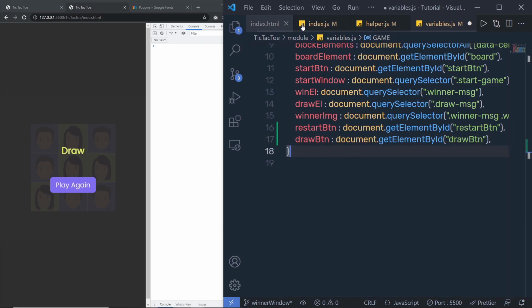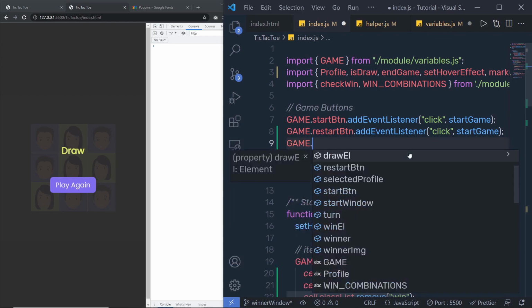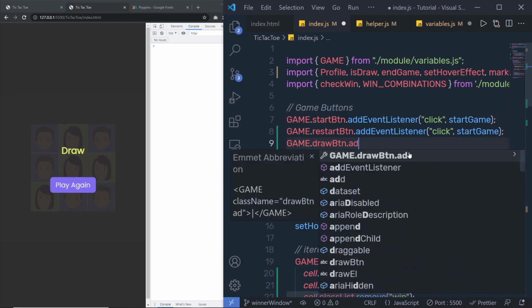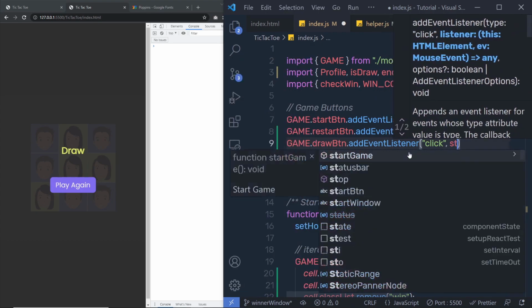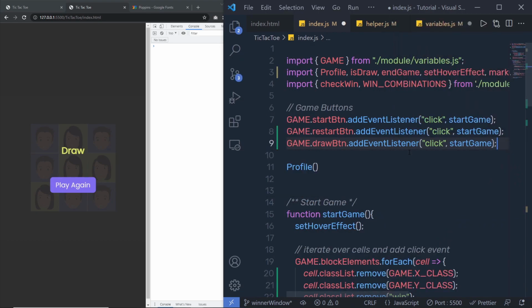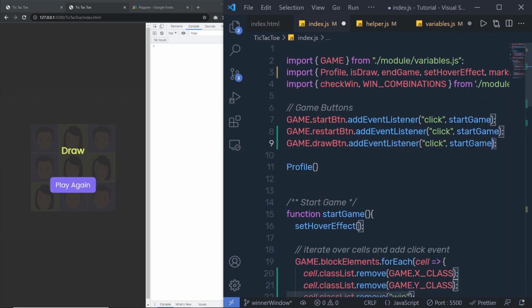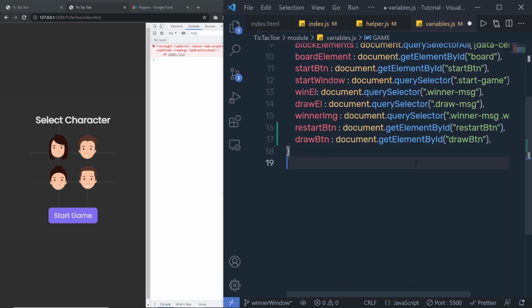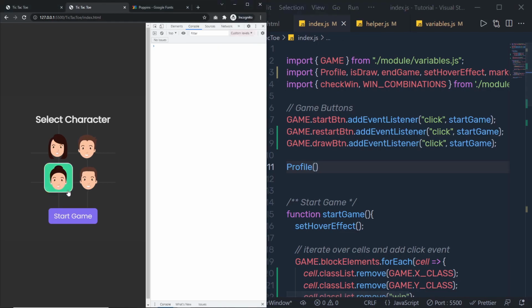Just out of that, I'm going back to the index.js, scroll up. I'm going to say here game dot draw btn dot add event listener. I'm going to call here the click event and call the start game function, this one. So when we click on the play again, I want to start the game again. That's it. Oops, I think I forgot something here. Draw btn, yeah, I just want to save this file as well. That's it. So now if we draw the game,